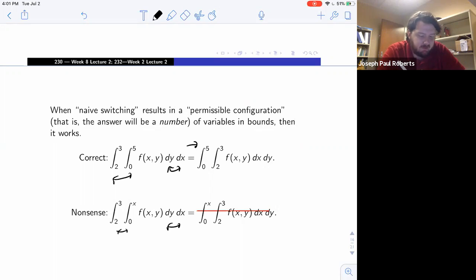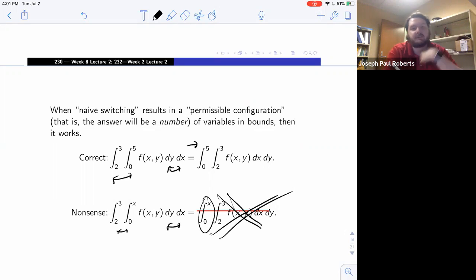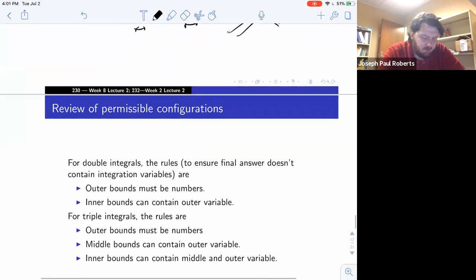So 2 to 3, 0 to x, if you do that same naive switching, you get an x on the outside, which is not allowed, right? Because the last step would be plugging in 0 and x and subtracting. Your last step for this would be plugging in 0 and 5 and subtracting, and that's fine. Okay, so when you're looking at something like this,